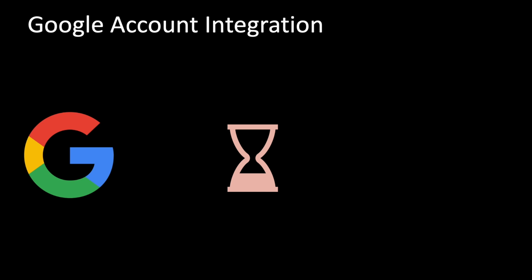Next, Google account integration. If you have a smartphone operated by Android, then you will have a Google account. And if you have a Google account and you use it online and you are signed in to your Google account, your activities are also tied to your account. And this doesn't only involve your search history, of course, but also what you do on YouTube, also where you are, your locations on your phone